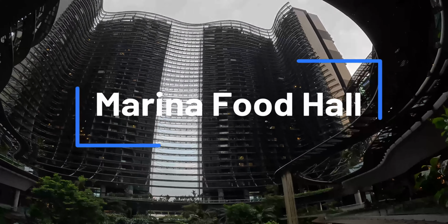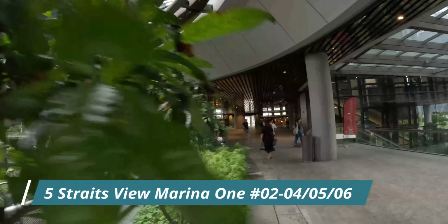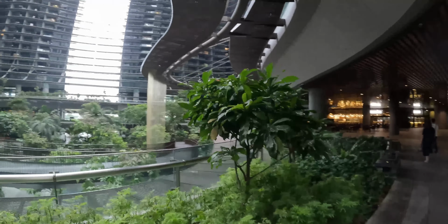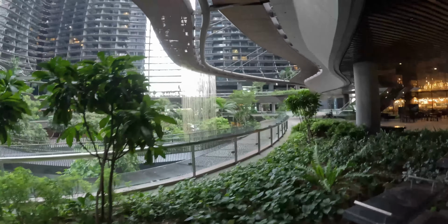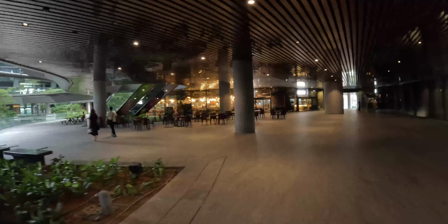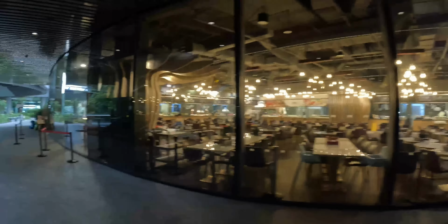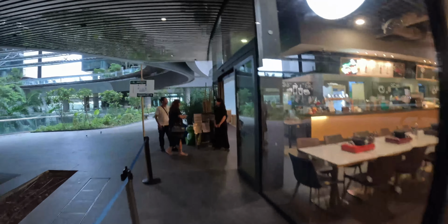Today we are checking out Marina Food Hall Buffet. Marina Food Hall is located at 5th Street View Marina 1 Level 2. I chanced upon this affordable buffet and decided to try out the food with my friend Carrie. This buffet serves live oysters, snow crab legs and abalones for dinner daily. For $36 plus, which is approximately 45 Singapore dollars, it seems like the buffet is a pretty good value for